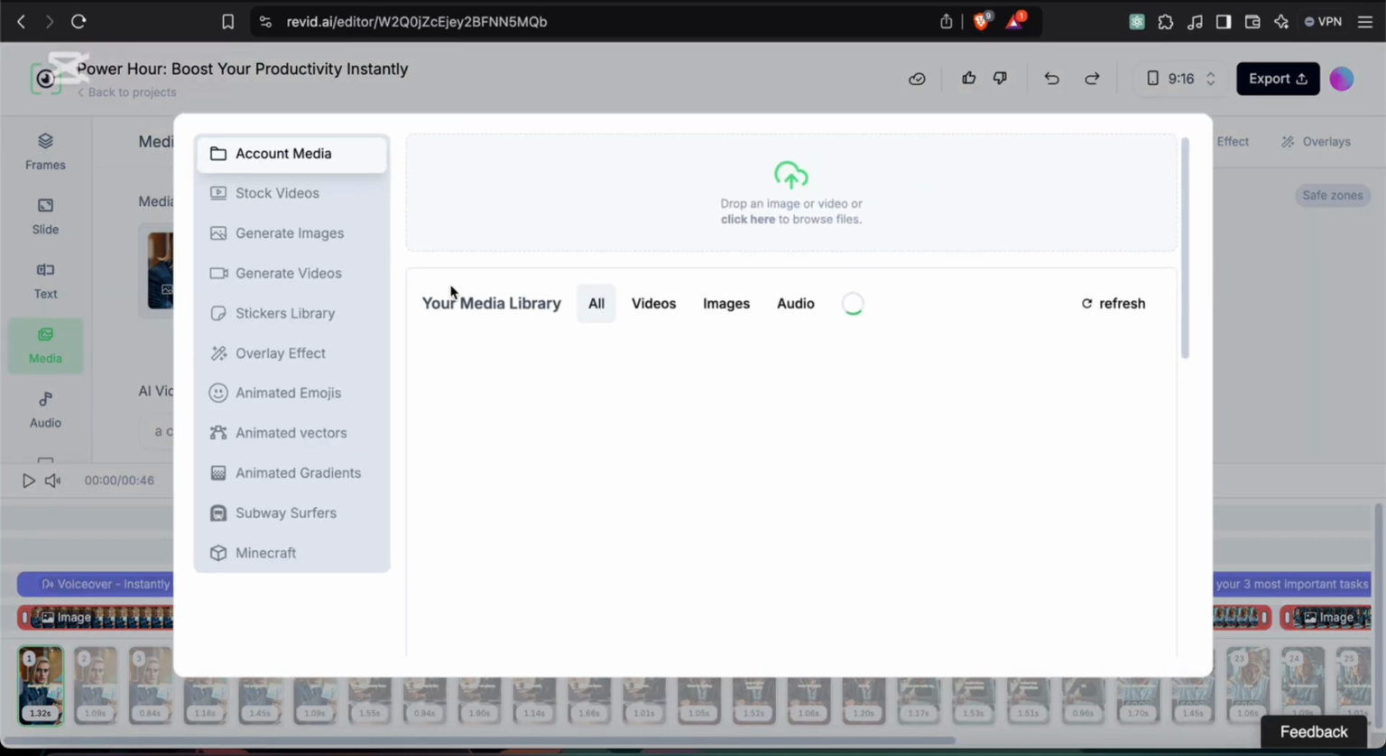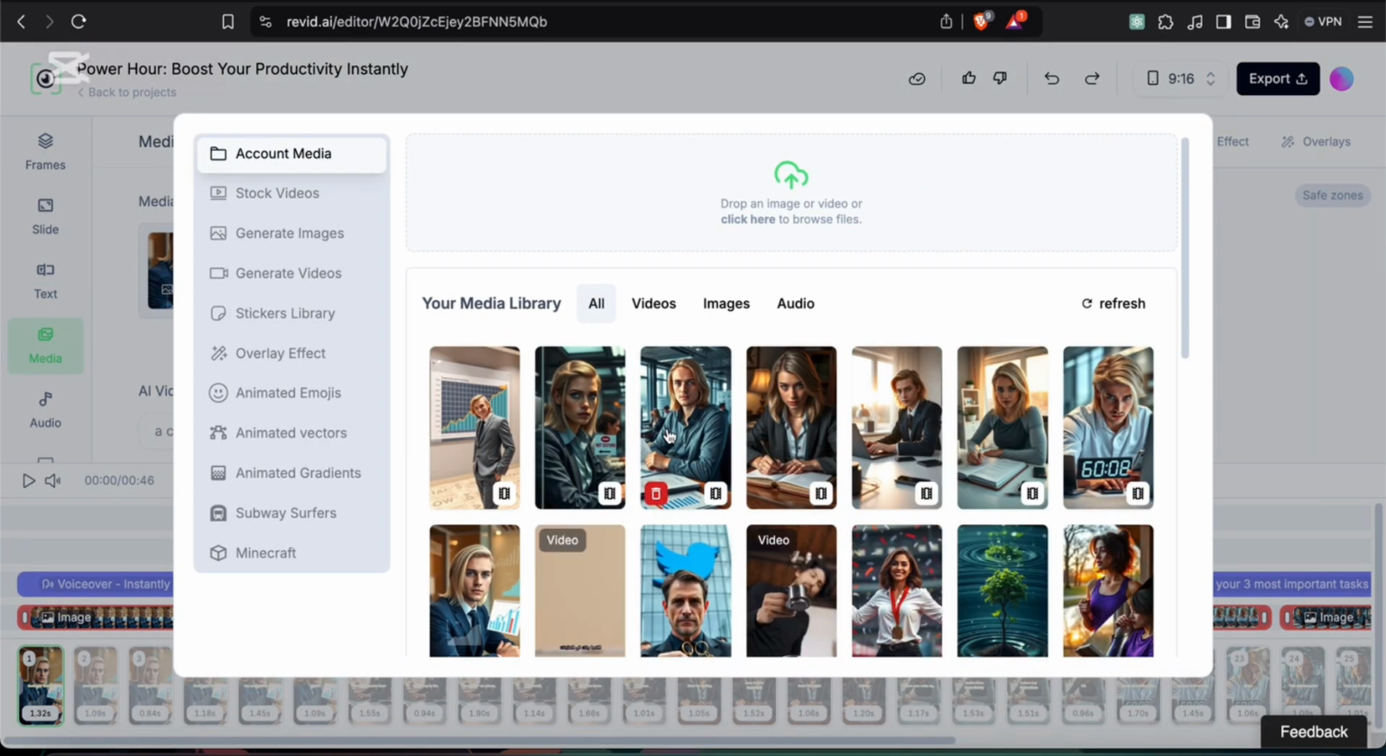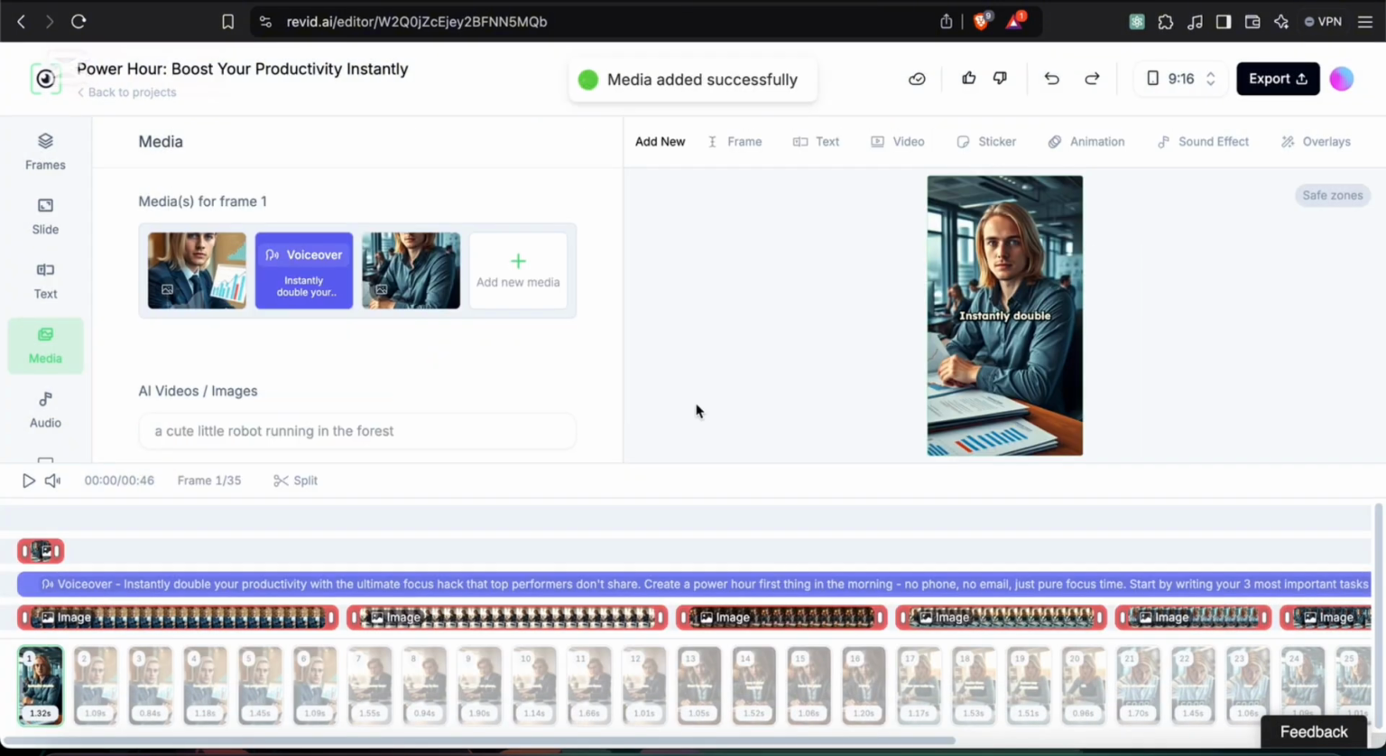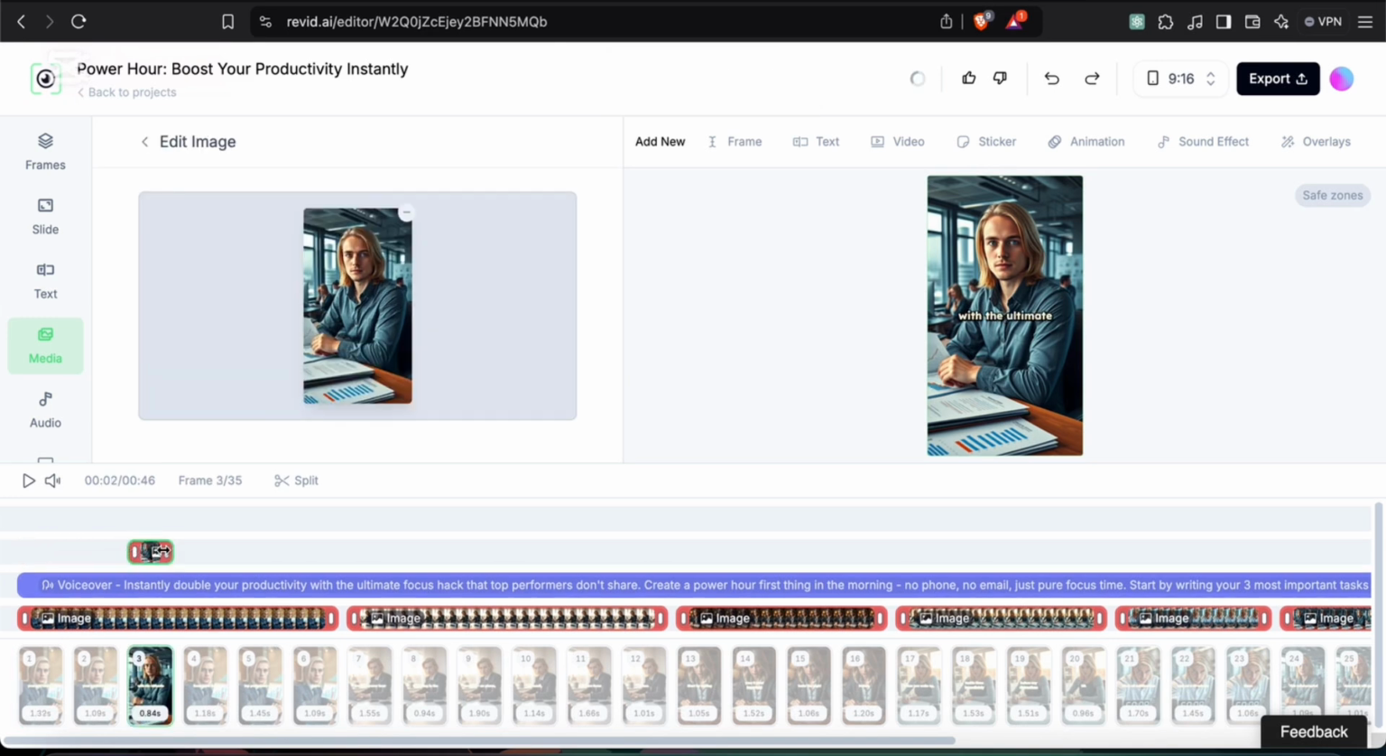So you can go ahead right here, and let's say I want to add new media. I can click right here to add media, and as you can see, it will be added right here. You can place it wherever you want. And after you finish clipping and adding the webinar clip, you can go ahead and click export